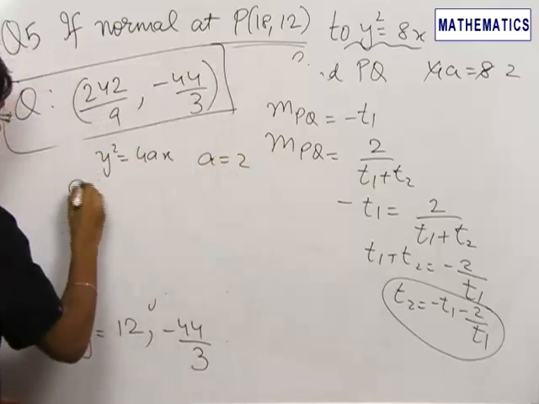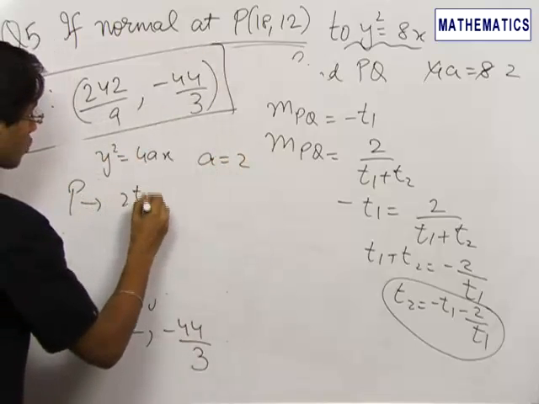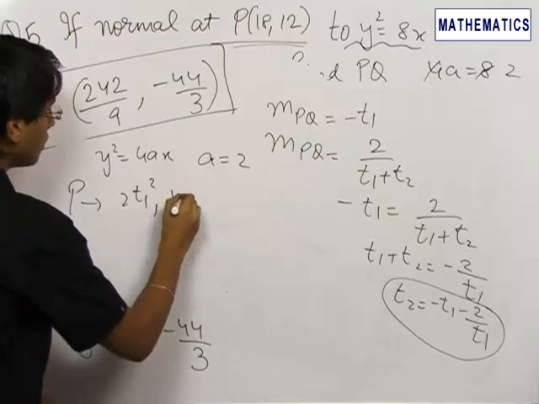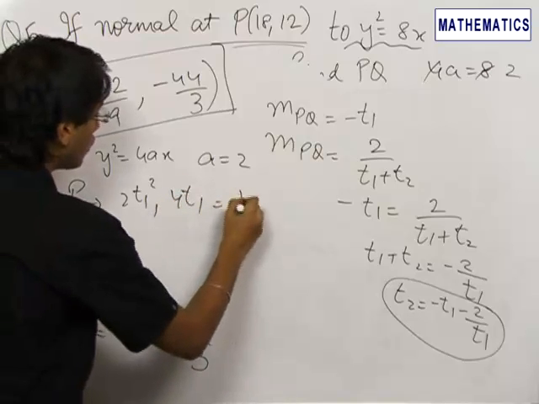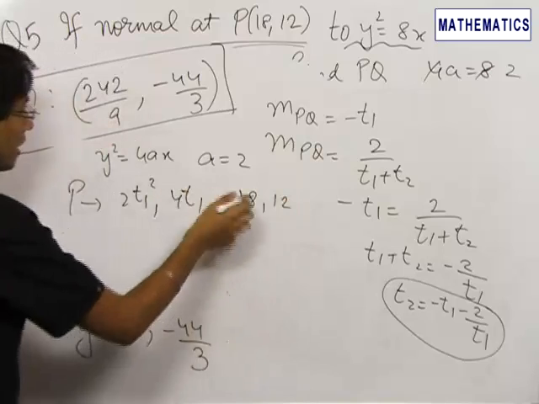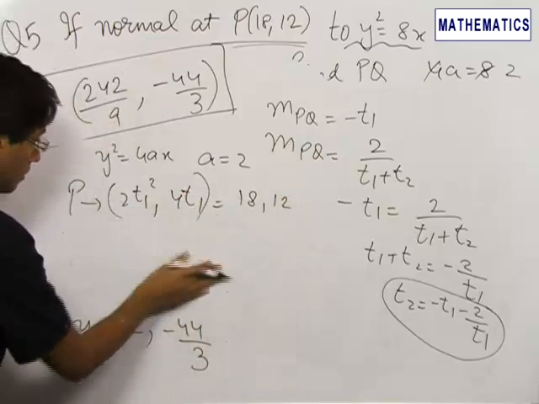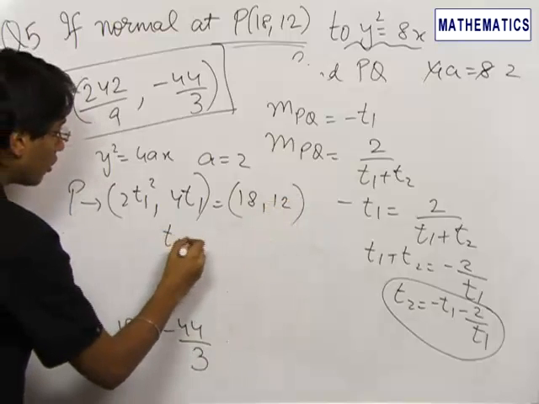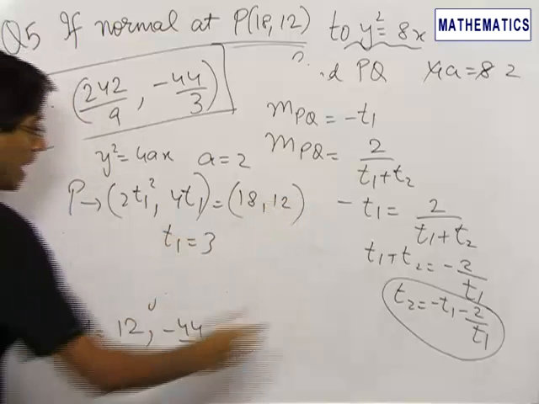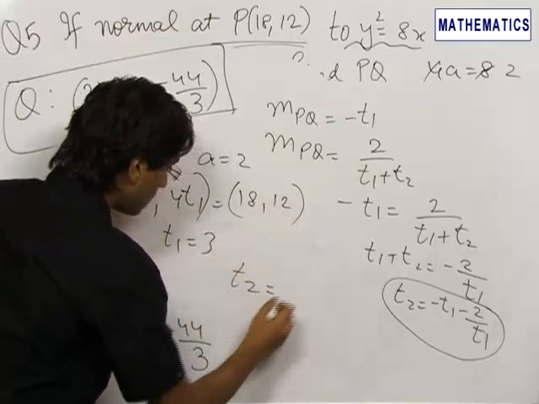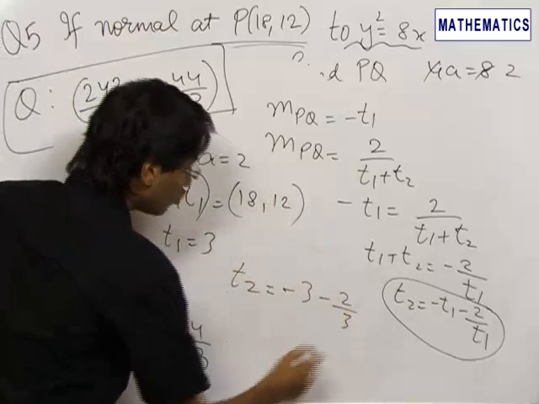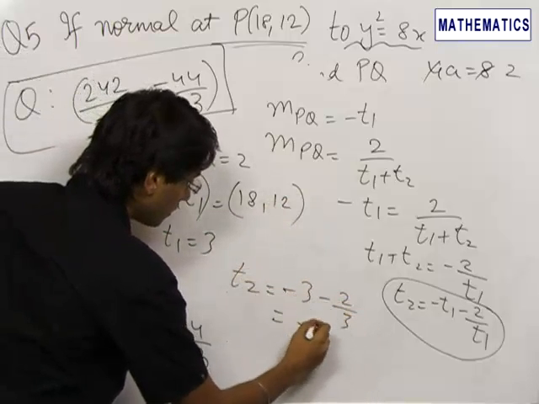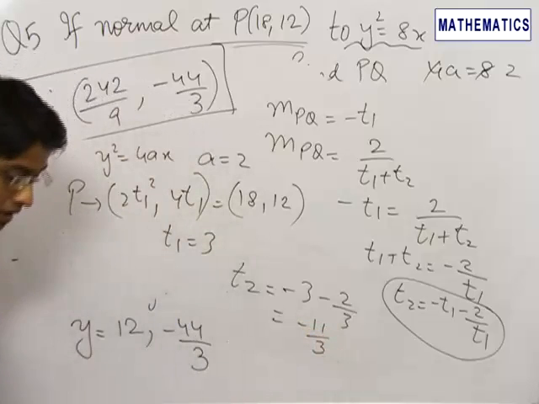Hence our point P can be written as (2t1 square, 4t1), which is equal to (18, 12). Very clearly, on comparing, we get t1 is equal to 3. Hence t2 can be found as minus 3 minus 2 upon 3, which is minus 11 upon 3,